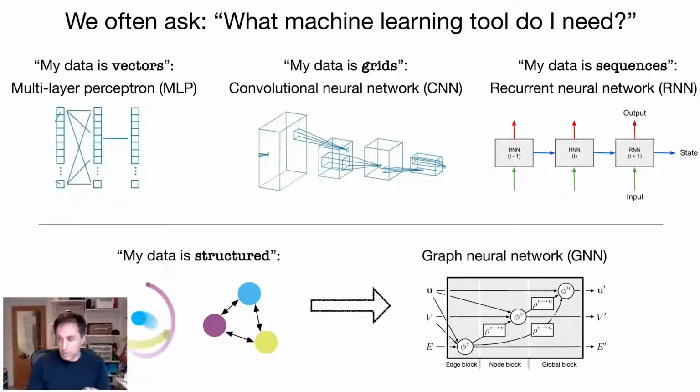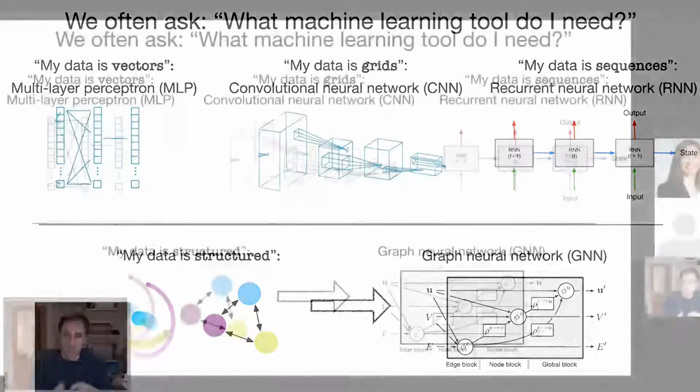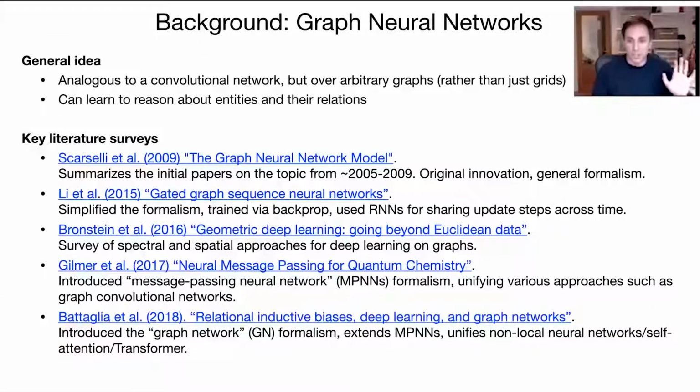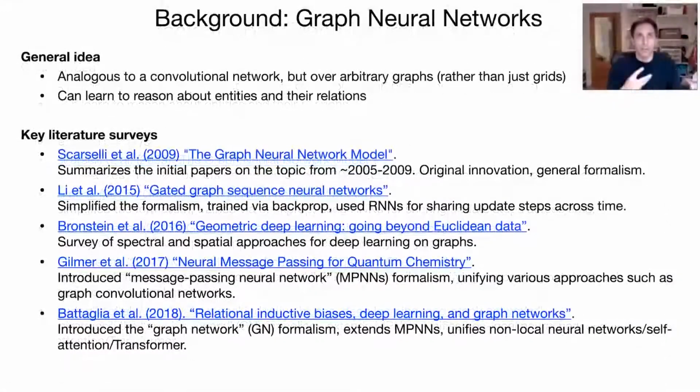And I'll explain a little bit of the background on that, and then show how we use it. As the background, about 15, 20 years ago now, there was some work by Franco Scarselli, Marco Gori, and they developed this graph neural network. The idea was basically analogous to convolution over grids, but now we're going to have a convolution over graphs, a generalization of the notion of convolution on grids